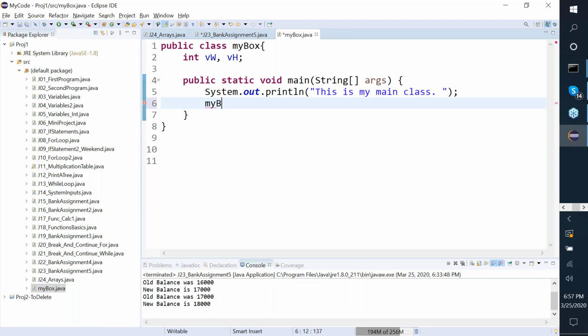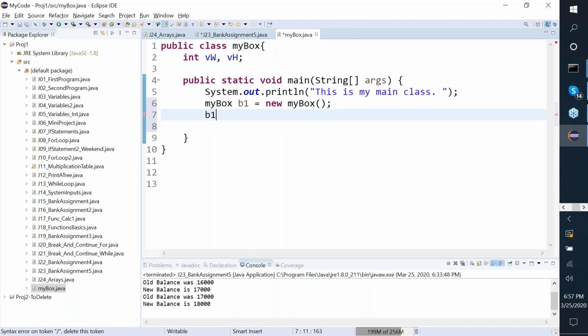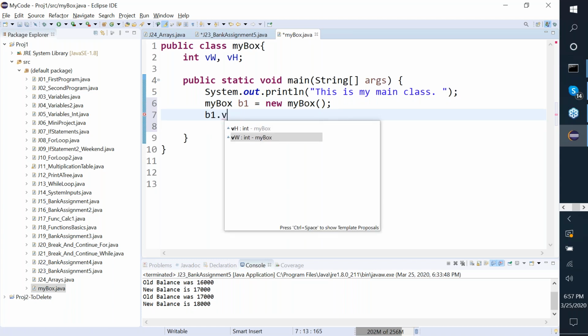My box, let's say box 1, B1, and I can say B1.BW equal to statics, then,